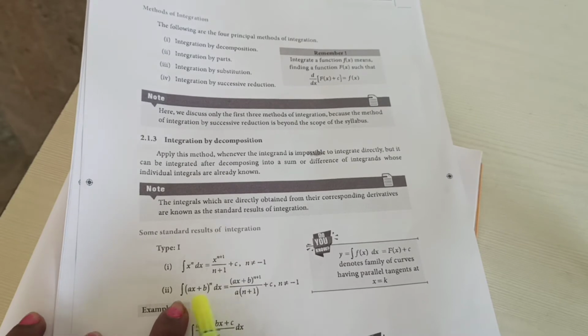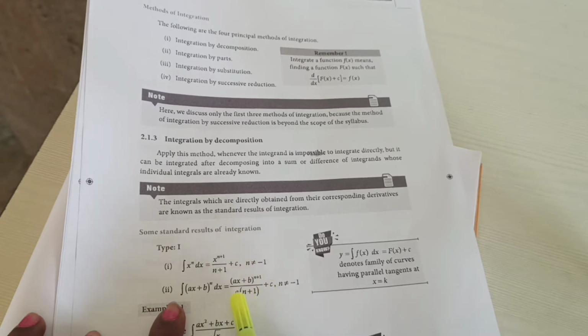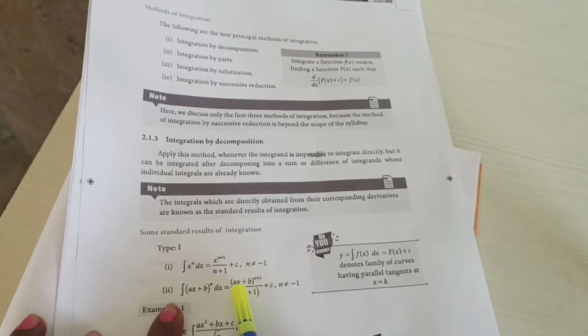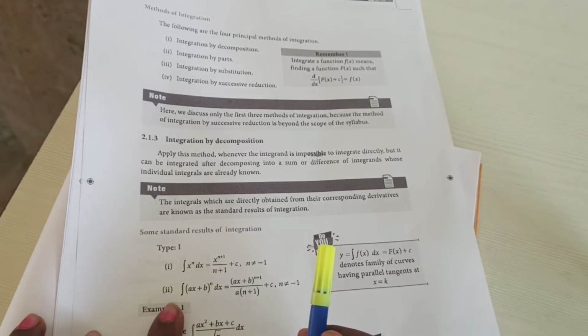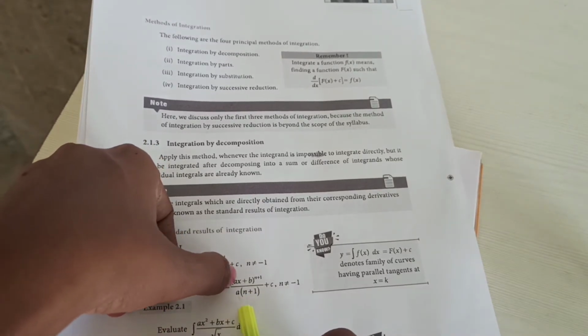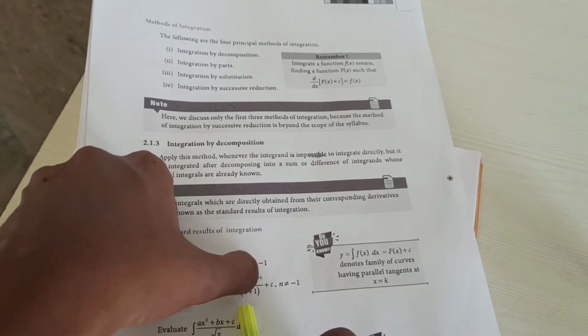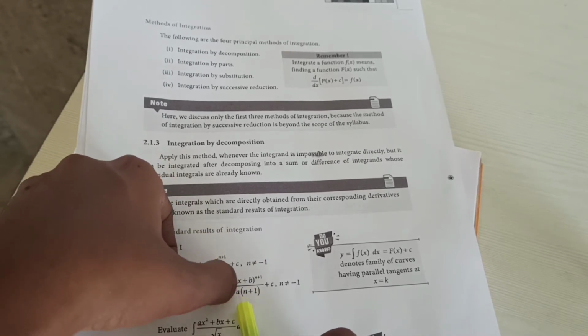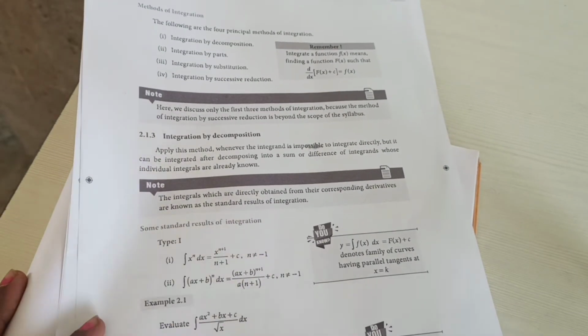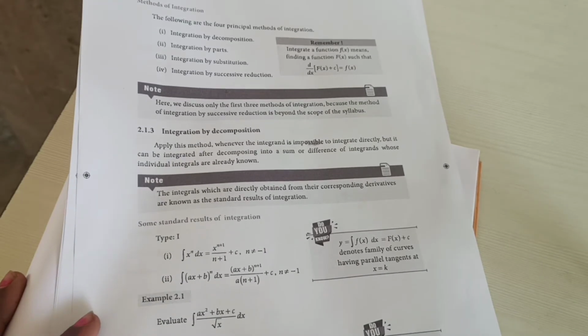Next, integral of (ax plus b) the whole power n dx is equal to (ax plus b) the whole power n plus 1 divided by a into n plus 1. Always keep in mind, in the place of a, if it is 1, no problem. Otherwise, we need to divide by that particular number. If it is 2x plus 1, what will happen? 2x plus 1 the whole power, maybe power 2, means 2 plus 1, divided by, we need to divide by 2 into n plus 1, plus c. Understand? So these two results we will use in all the problems. We will start the problems one by one.